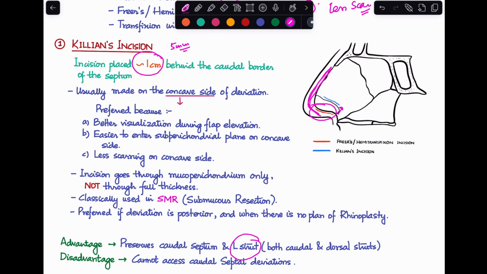That's a range that is given in different books. But according to Scott Brown as well as VP Sood, the number 1 centimeter is given. So let's remember that. It is an incision that we give on the concave side of the deviation, primarily